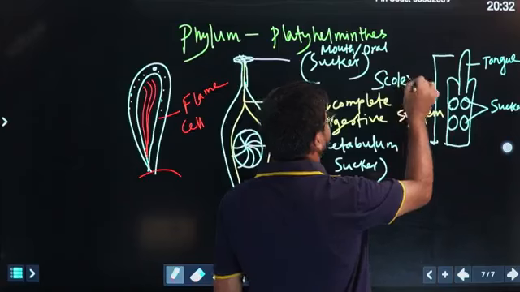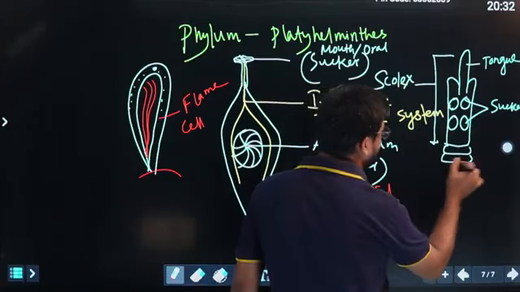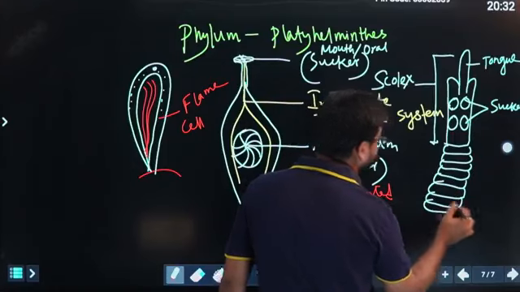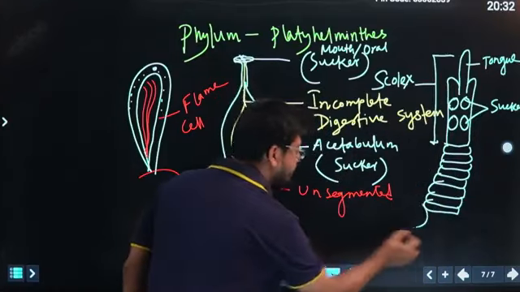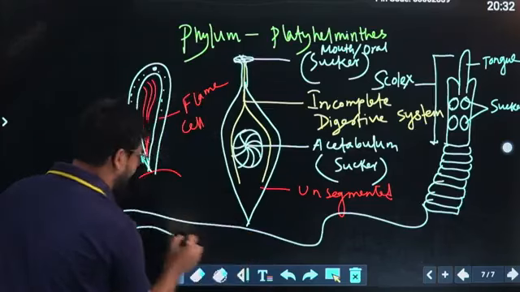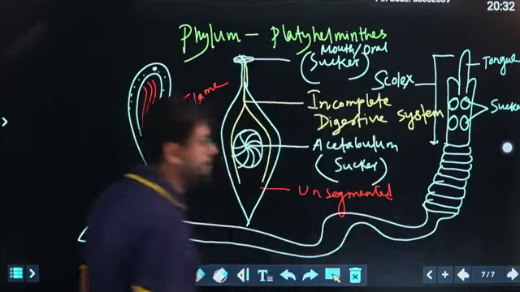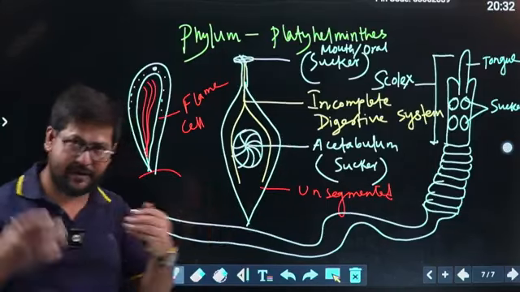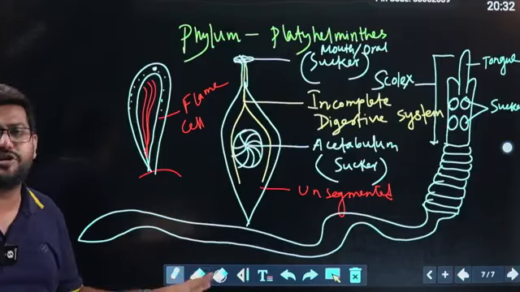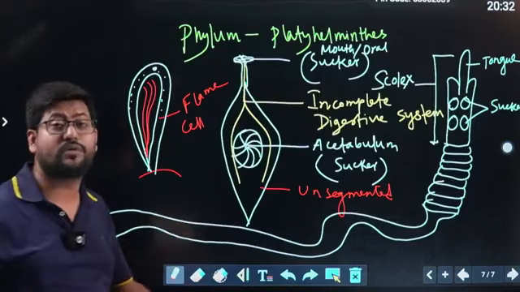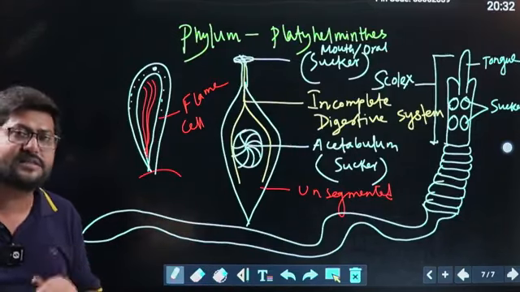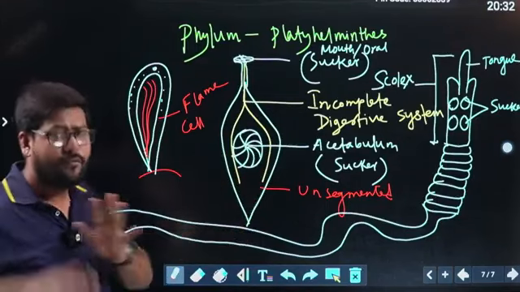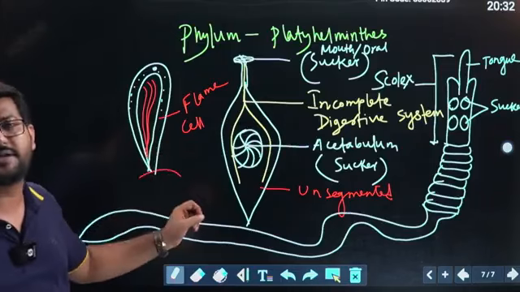So the scolex is present only in the segmented animals. The animal that has segmentation in its body contains the scolex, and it is large and flat enough that it looks like a tape. For that reason it is called the tapeworm. If some segments are removed from their body, they can regenerate. So there is no question about how the fragments repair. It is the regeneration process, and regeneration is also a kind of asexual reproduction. For that reason you can say they do asexual reproduction.